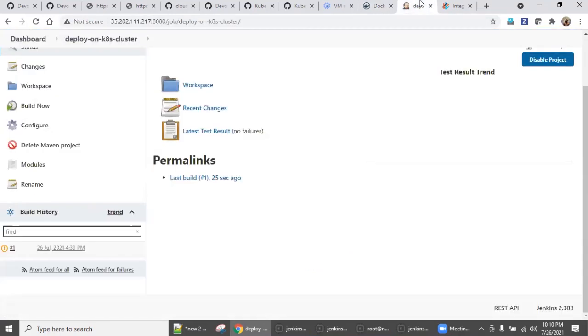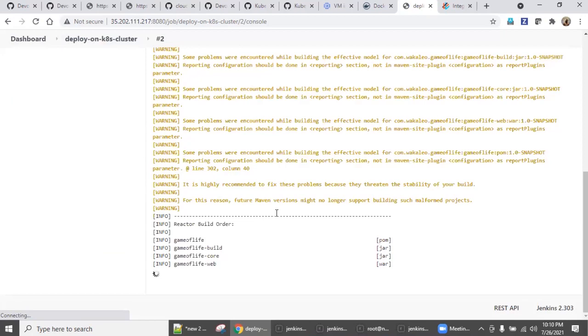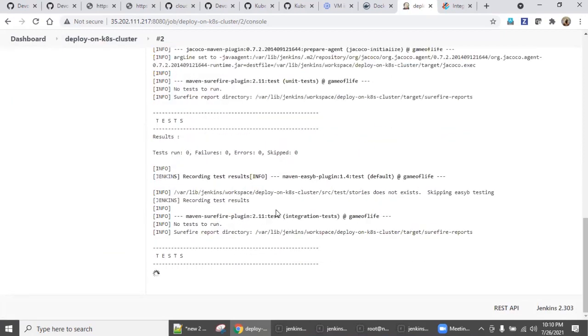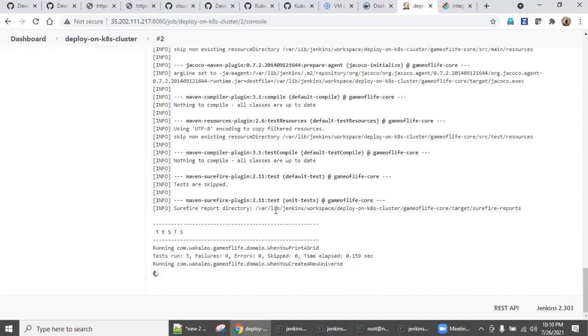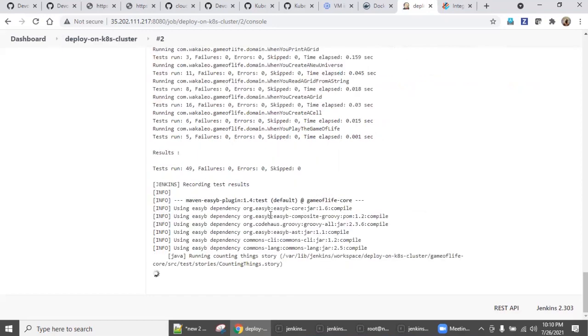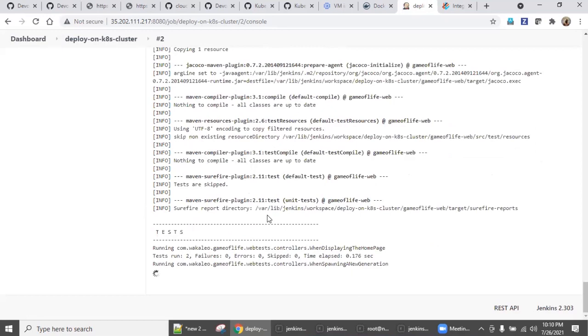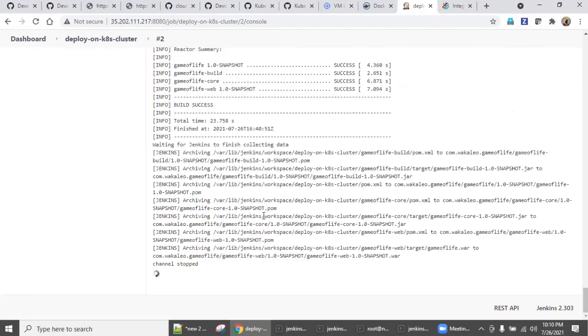Now you go back to your Jenkins, say build now. Now it will work. Wait for a few seconds. The log will be there, so we can open the log. Now it's downloaded and compiling it and building it. And then it will create a WAR file. That WAR file will be moved to Kubernetes infrastructure. Then from there, using the Tomcat image, it will download it and then it will install the necessary packages.